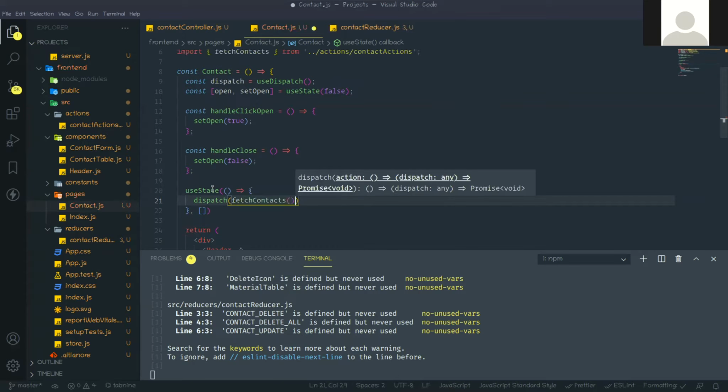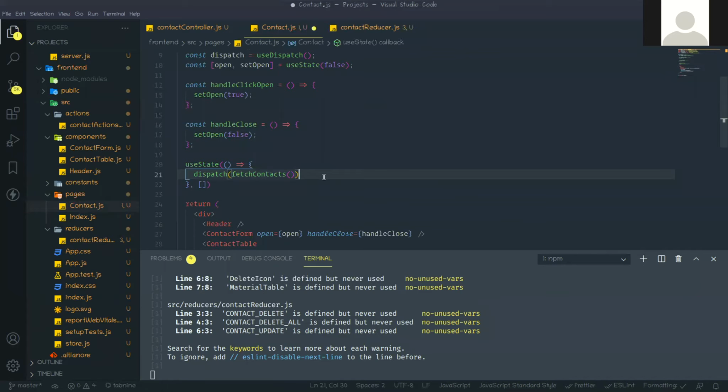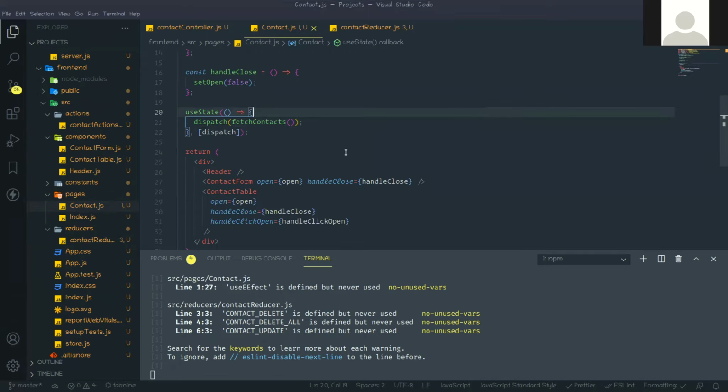You need to import it from the action, then call this method, and in the dependency array this should be dispatch. Okay, so you will get the contacts.